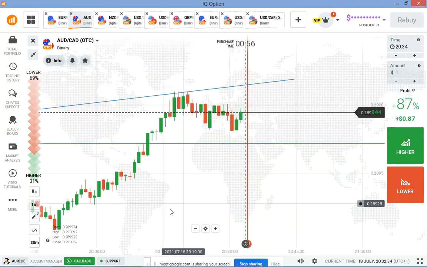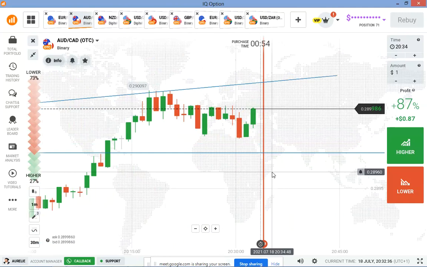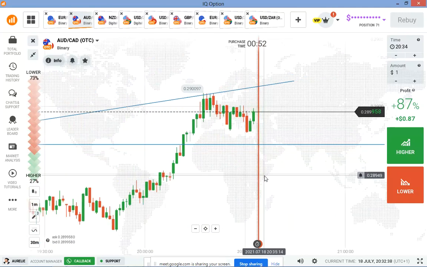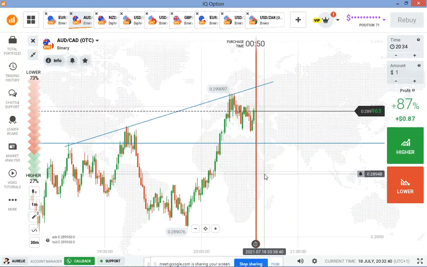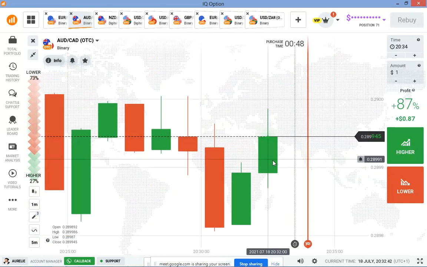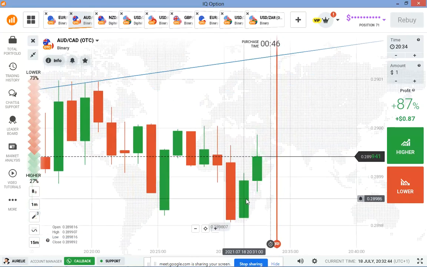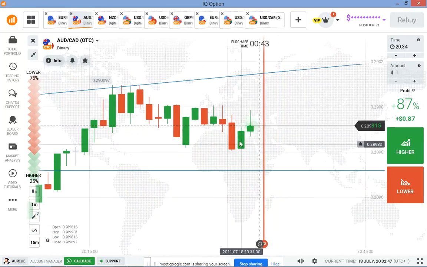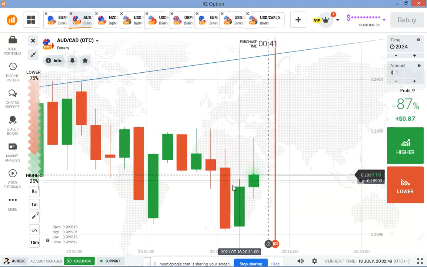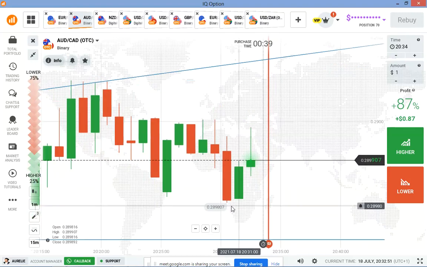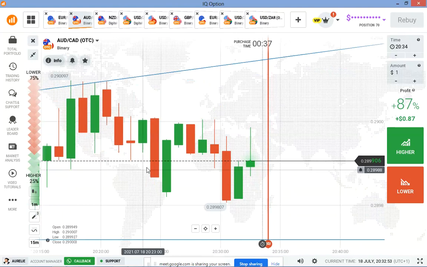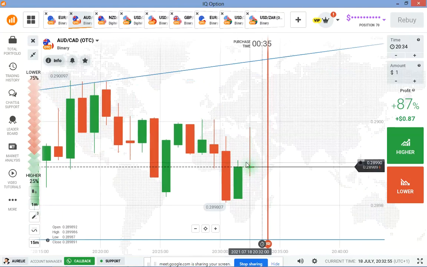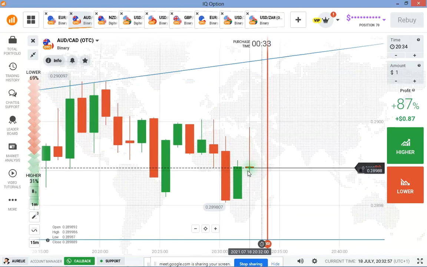And again, another way to predict candles is to check the strength of the market, like the strength of the momentum. Like look at this candle now. Look at the first candle that formed. Like I said, this is not like abandoned baby. Okay, this is not abandoned baby because the price is exactly at the same point. But this looks like abandoned baby. So this candle can either form green or form red.